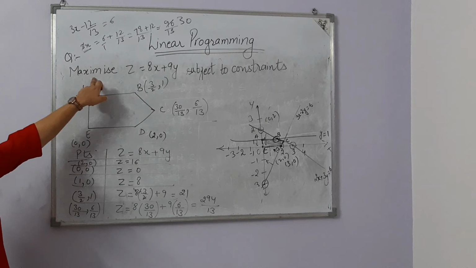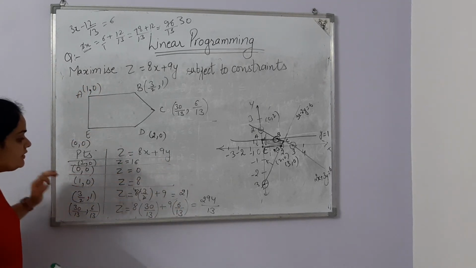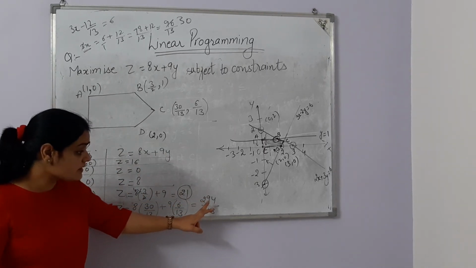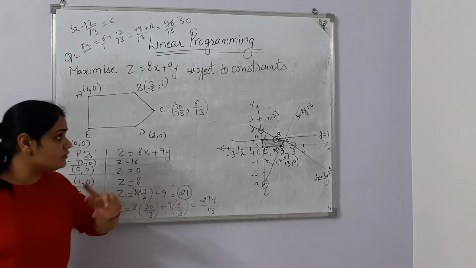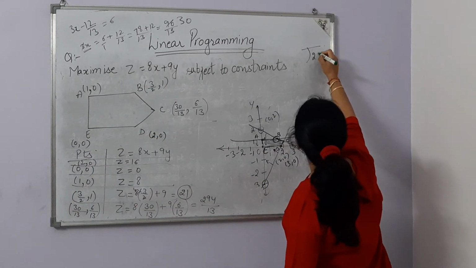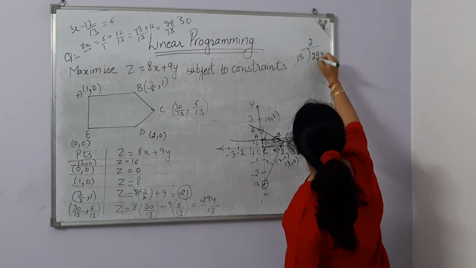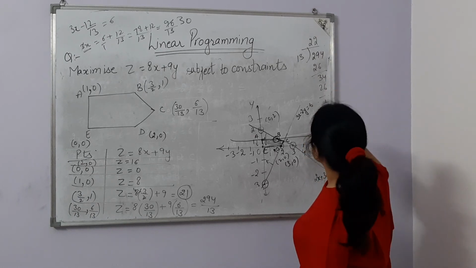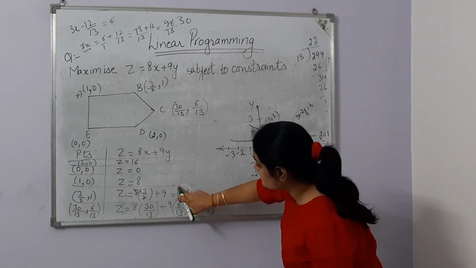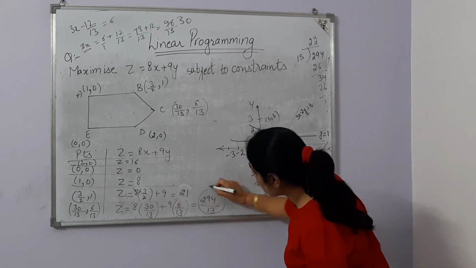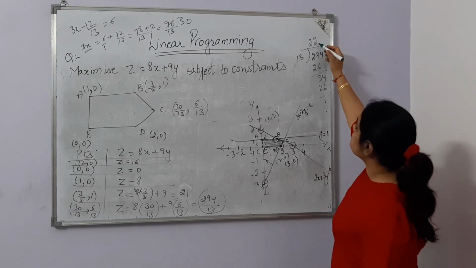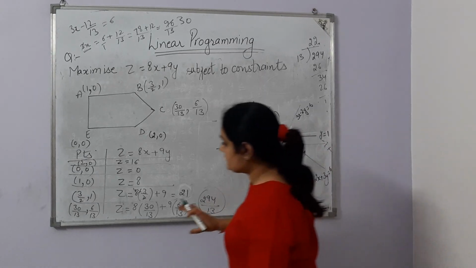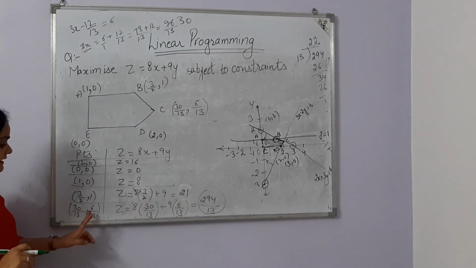Now we have all the values. Now we need the maximum value. So the maximum value here is 21, or whenever we divide 294 divided by 13, 13 twos are 26, and so on. Okay, so 21 is not the largest value. 294 by 13 is the maximum value because its answer is 22 point something. So this is the maximum value, and the maximum point is (30/13, 6/13).